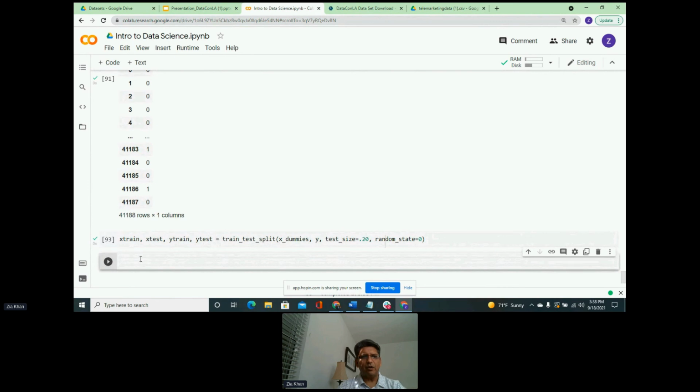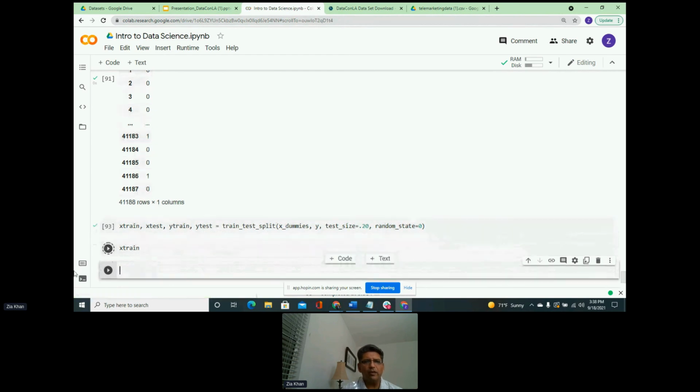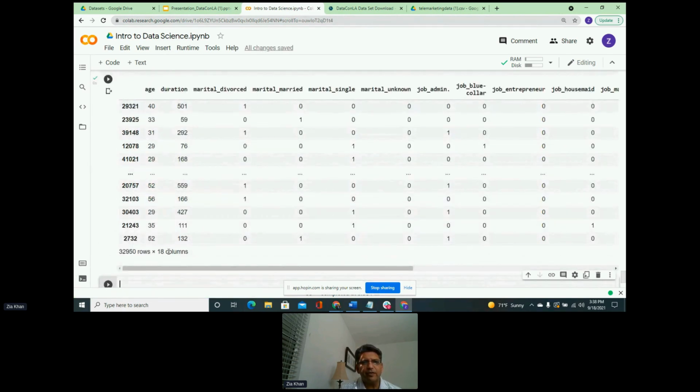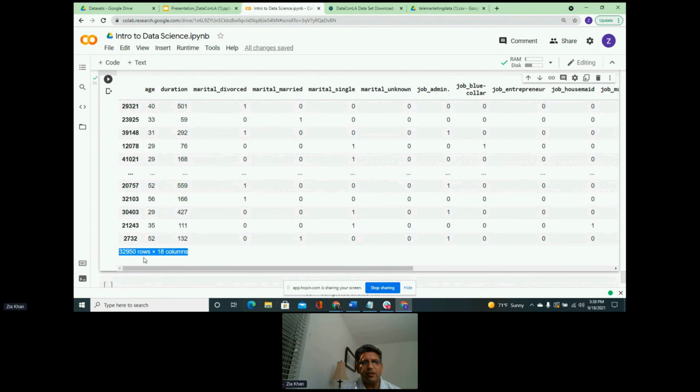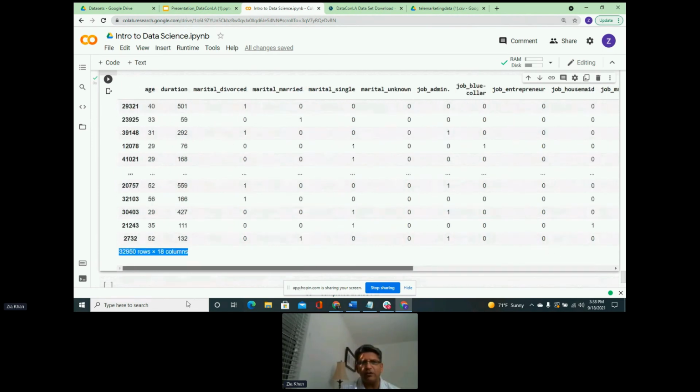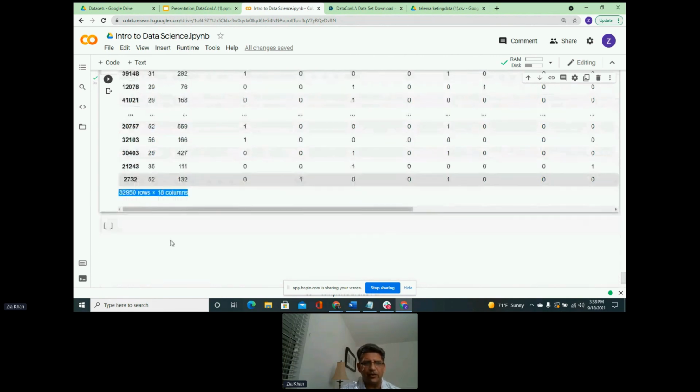Because we had 18 columns, let's just make sure that we have the data proper. So let's look at X train real quick. So we have 18 columns. We can see here 32,950 rows, exactly the same rows that we had, and we have all columns one hot encoded. So everything is numeric. We don't have any alphanumeric in there, so the algorithm can handle that.